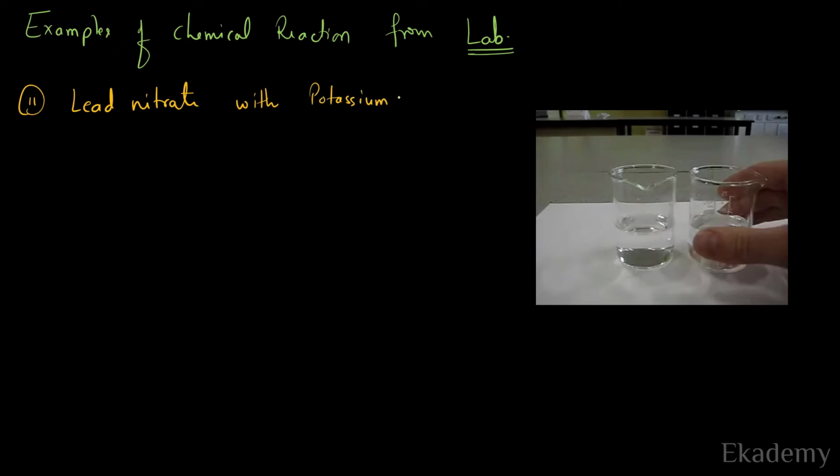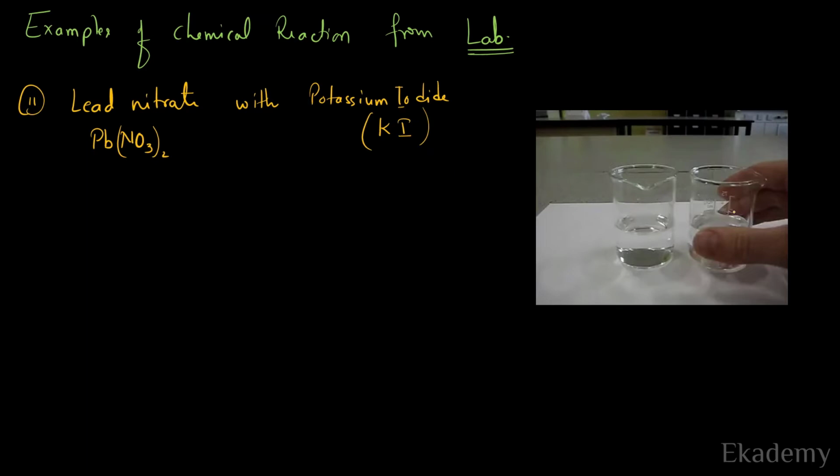Potassium iodide, its formula is KI, and lead nitrate is Pb(NO3)2. What happens in this reaction is when potassium iodide is added to lead nitrate solution, both are water-like solutions,